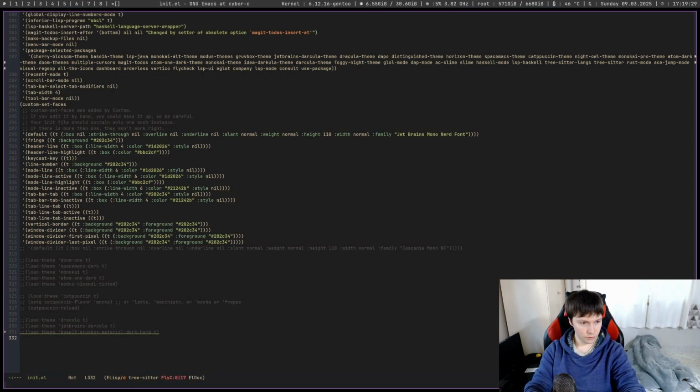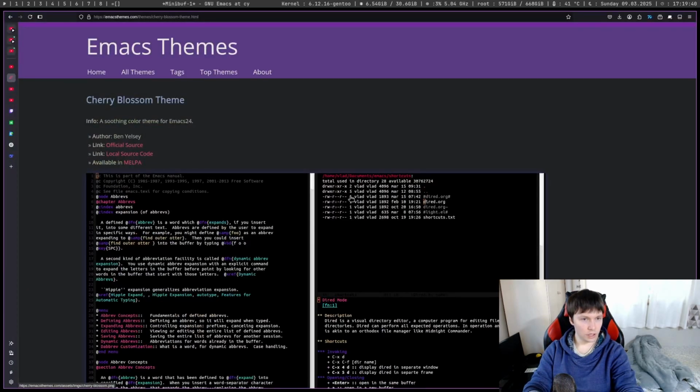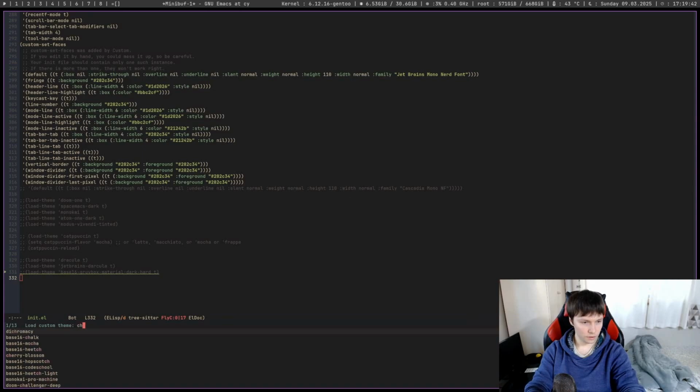Then we need to press the combination Alt X and then type the load-theme command and press enter. And then we can search for our theme, Cherry Blossom theme. Cherry Blossom. It is called so. Then we need to type in our init.el file the command load-theme